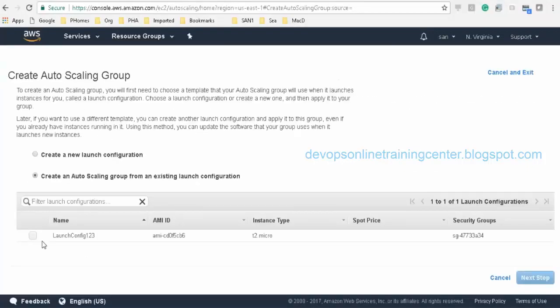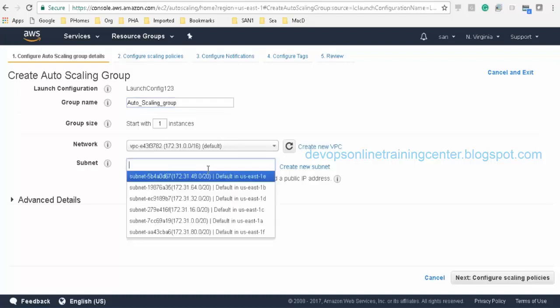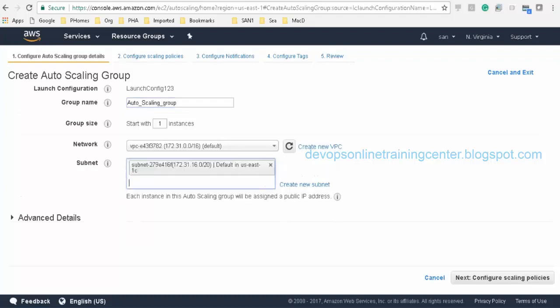Select this. Start with one instance, subnet.